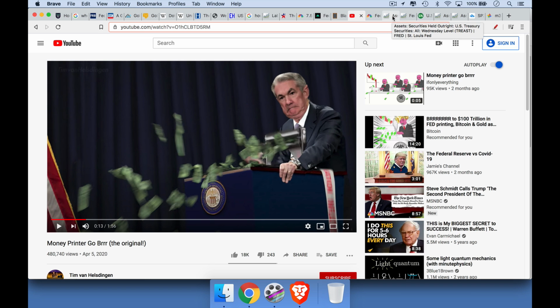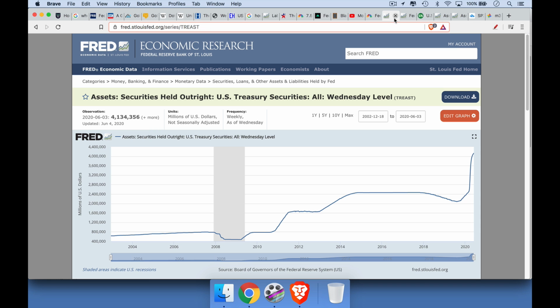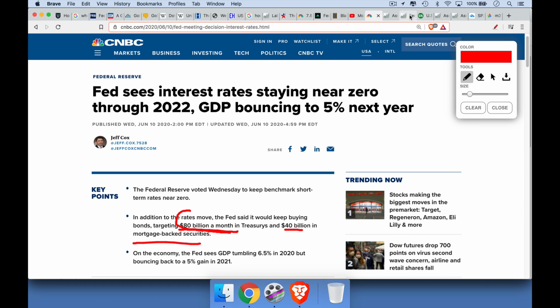In fact, it may be that the central bank is much more powerful than the president or Congress or any part of the federal government. But I expect the Fed's balance sheet to continue to explode. They have to buy U.S. Treasury securities to keep rates low. This is the only way they can do it. Otherwise, we would have skyrocketing interest rates because we are pumping out so much debt every year.